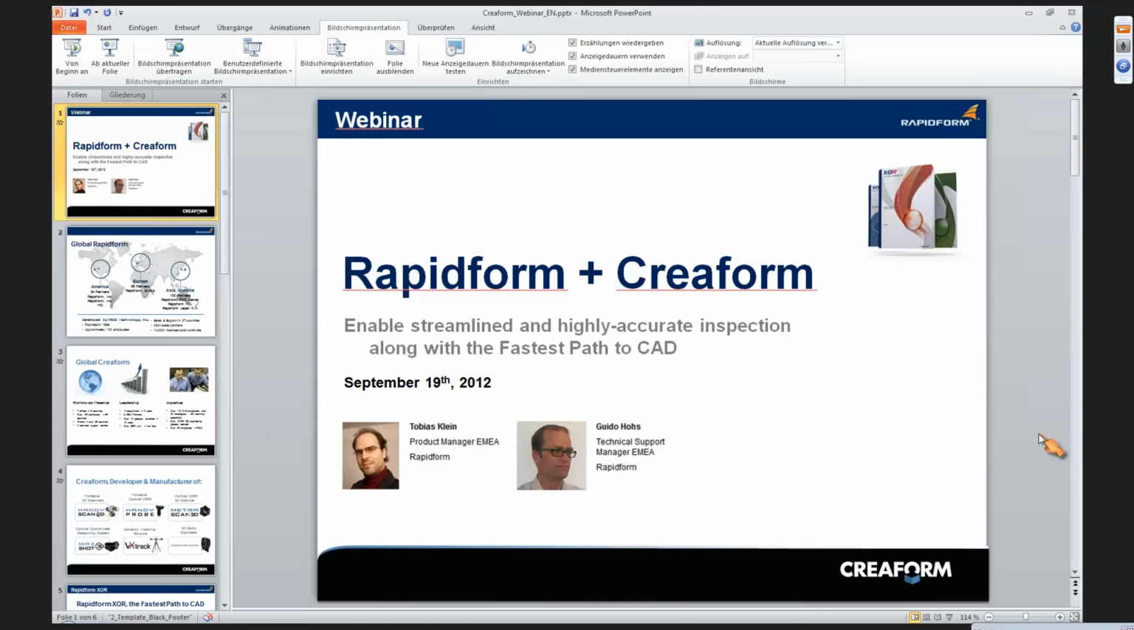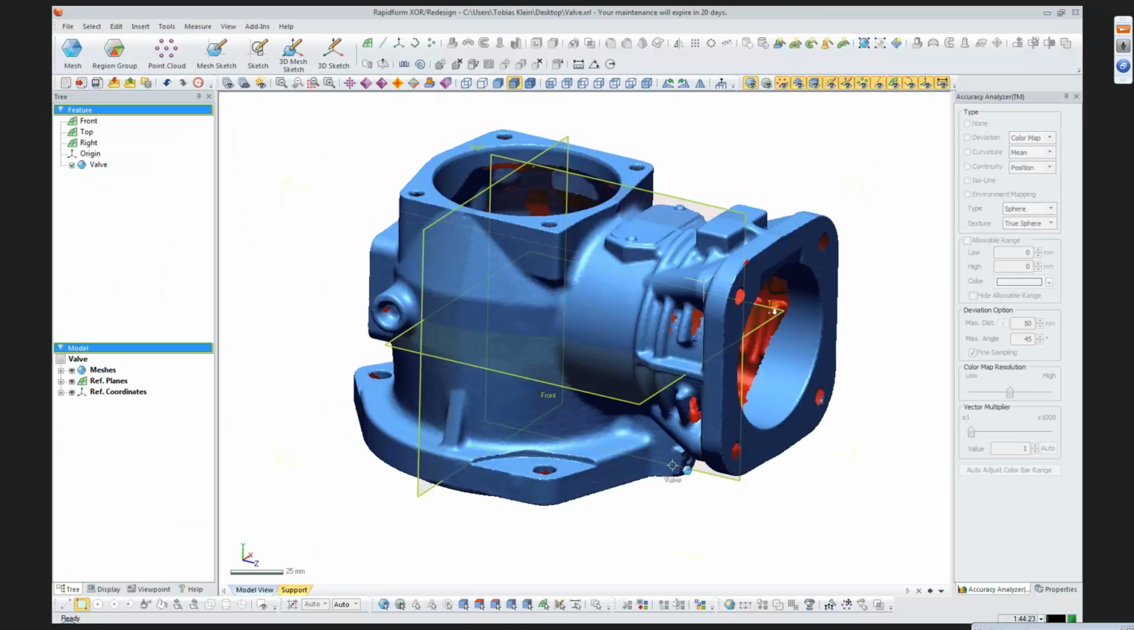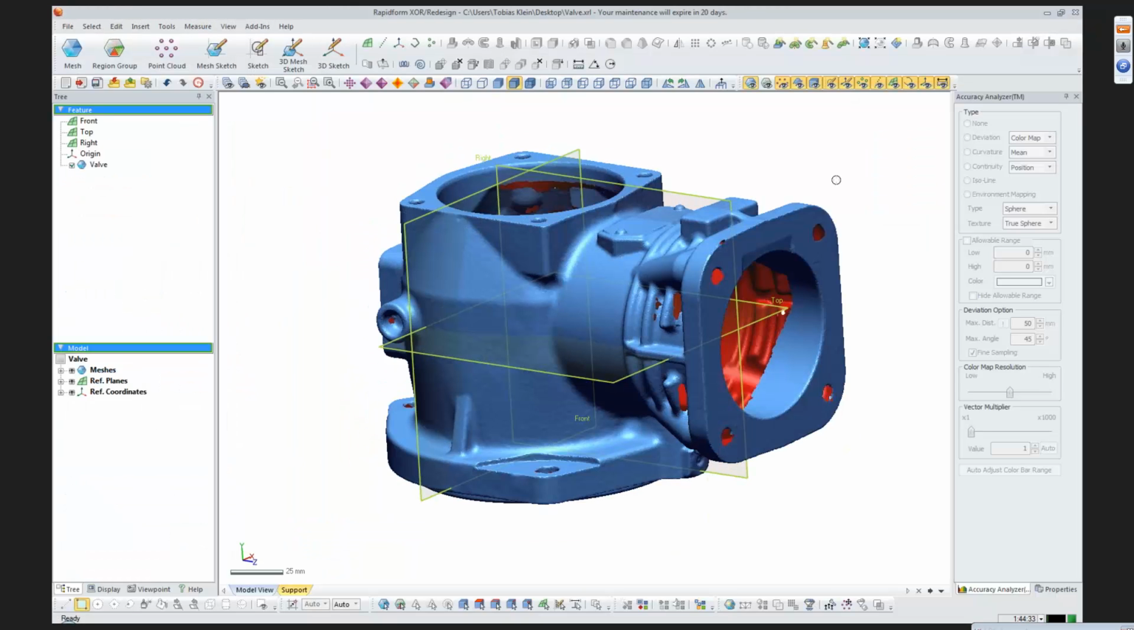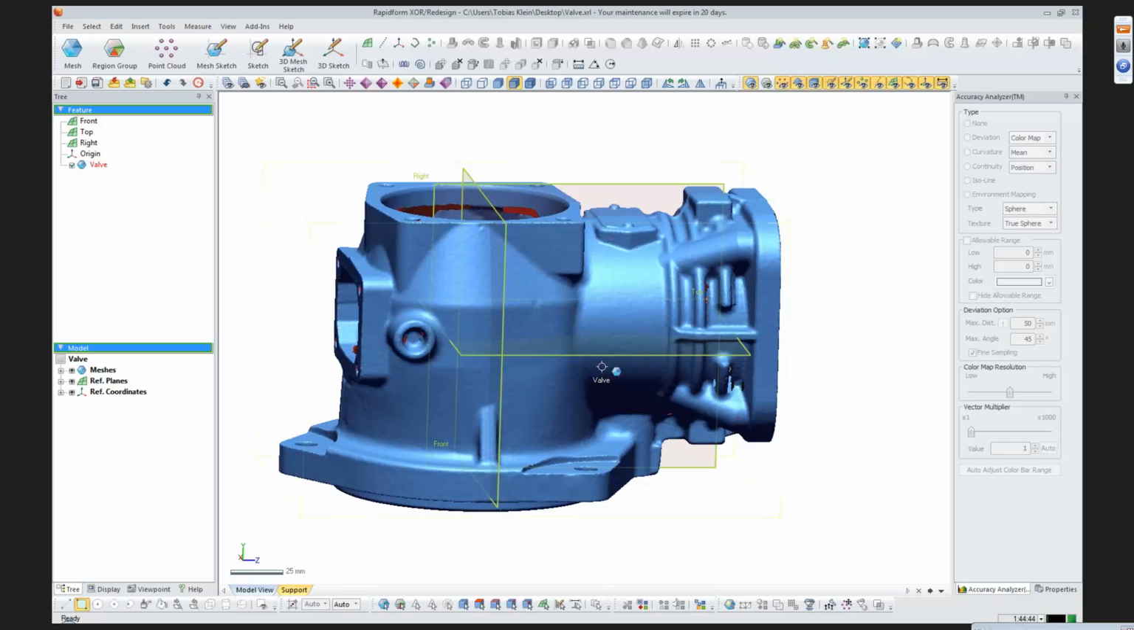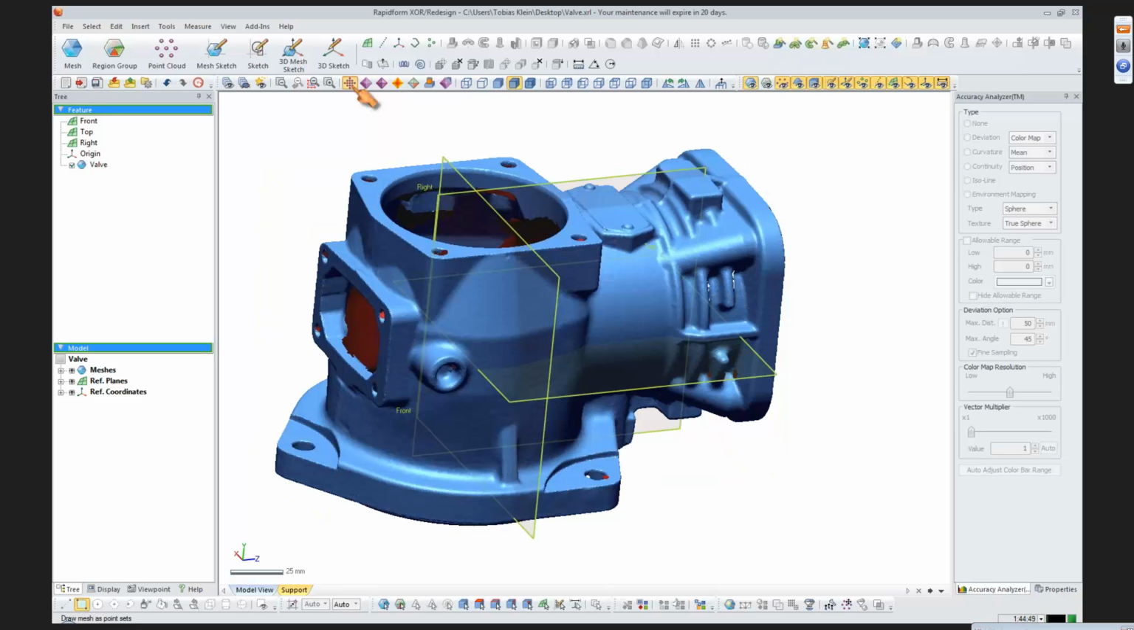We want to see the reverse modeling of this part. This is a valve casing. This valve casing is scanned already and meshed, so you can see here when I activate the point mode, you